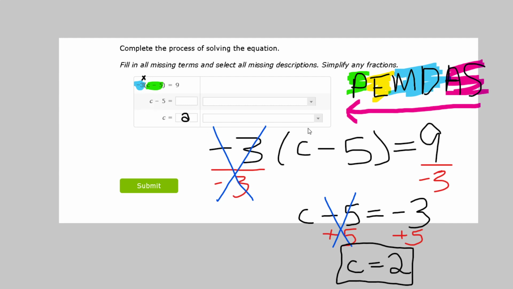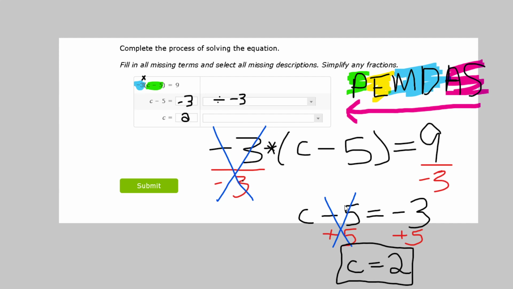And then let's see, after our first step, when we divided this negative 3 away, it left us with just c minus 5. And we knew that was equal to negative 3. And probably the best way is to fill this out just as you go along, but I kind of got caught up talking about it. So what we did first is we divided both sides by negative 3, as we knew we were multiplying here, and the opposite of multiplication is division. So we divided by negative 3,